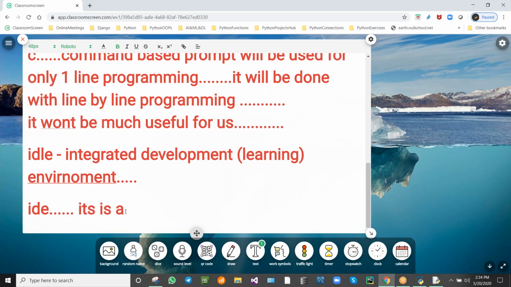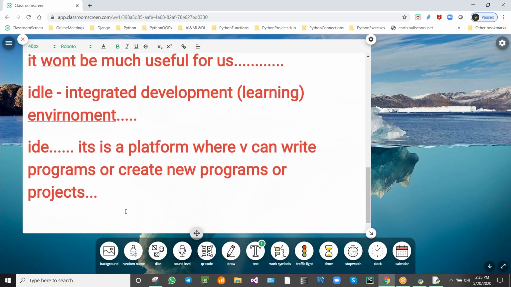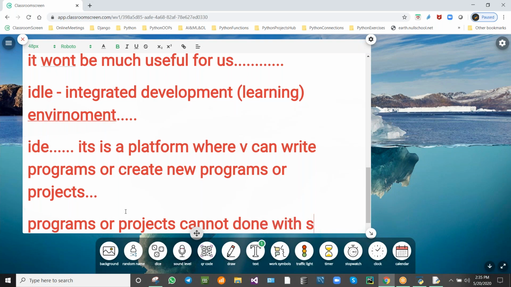It is a platform where we can write programs or create new programs or projects. Programs or projects cannot be done with a single line.